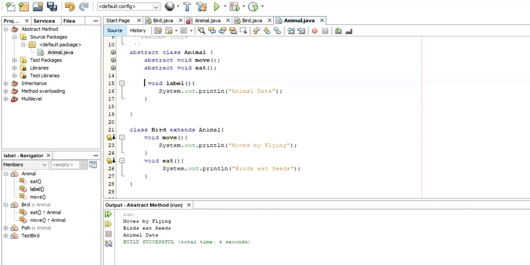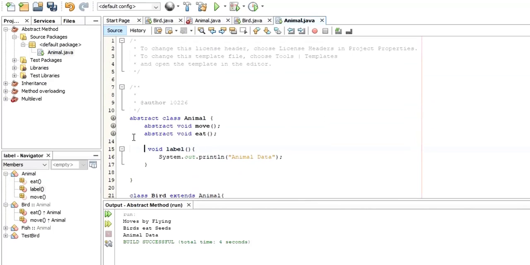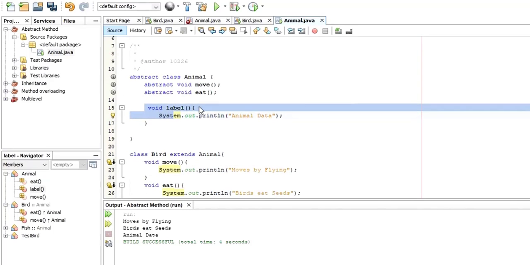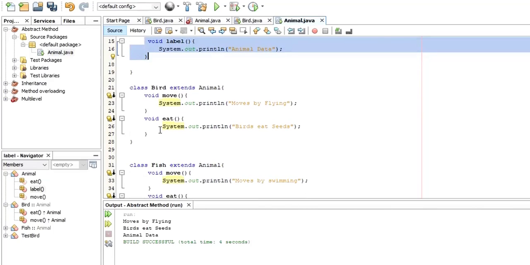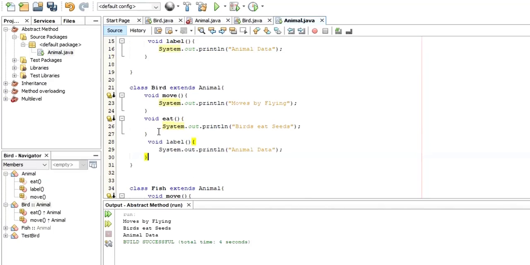As I said, since these two methods are abstract methods, they cannot be overridden, as you can see here. But this is a normal, concrete method, and it can be overridden, right? So even if I just create the same method, let me copy it and go here. Inside this one, I'm just going to override it. So here, instead of animal data, I'm going to say